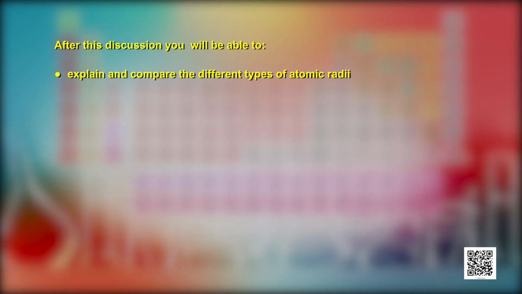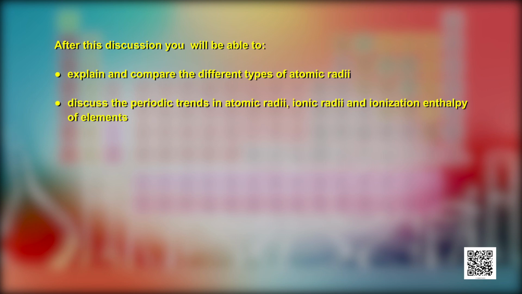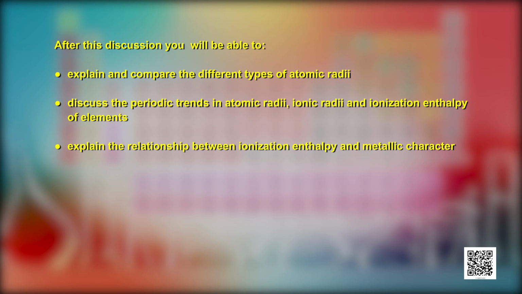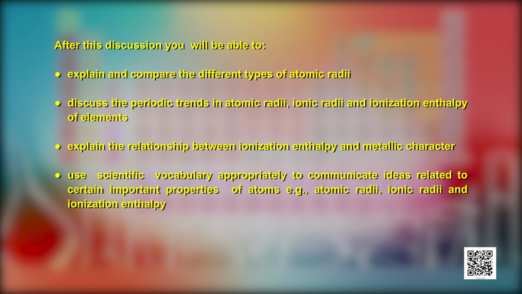After this discussion, you will be able to explain and compare the different types of atomic radii, discuss the periodic trends in atomic radii, ionic radii and ionization enthalpy of elements. Explain the relationship between ionization enthalpy and metallic character. Use scientific vocabulary appropriately to communicate ideas related to certain important properties of atoms, for example, atomic radii, ionic radii, and